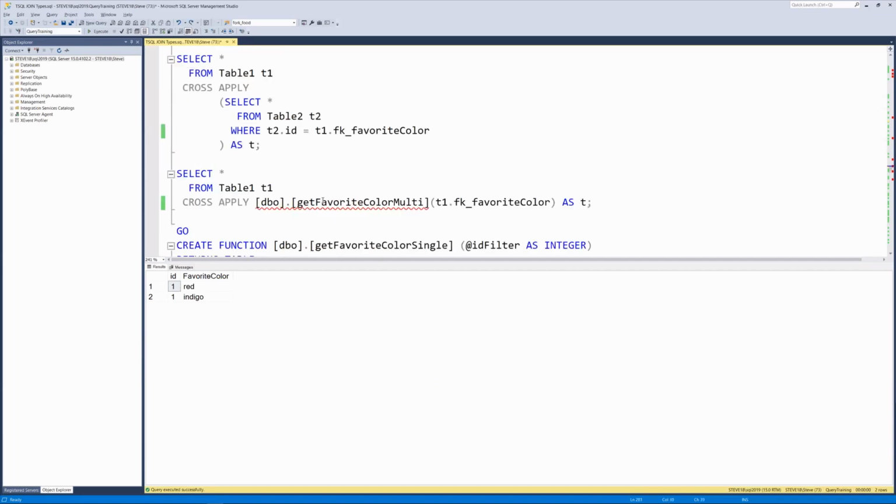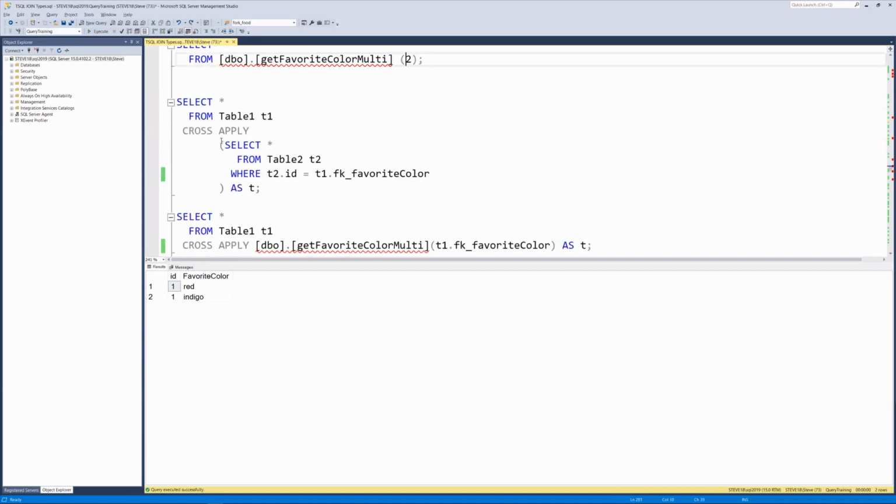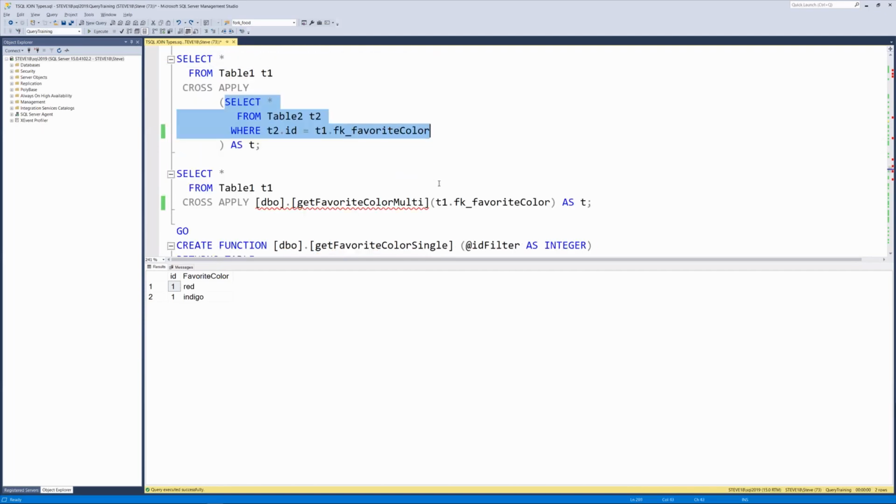So what we do here is that instead of wrapping it like this with a select, you could just say select from table 1, cross apply this table valued function with this parameter, and for every row of table 1, it's going to call this function with this parameter and put that all together in a nice single result set. Let's take a look at that.